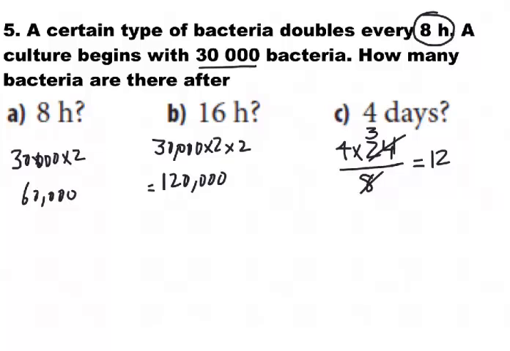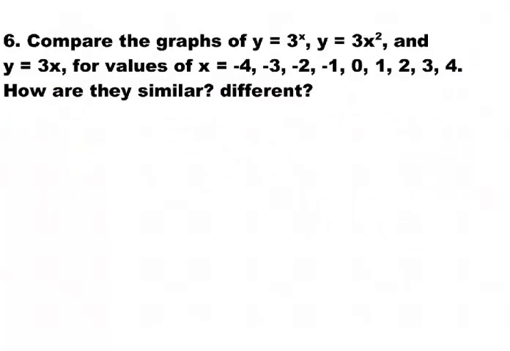Every 8 hours I'm going to double. This means that my population becomes 30,000 times 2 exponent 12. Now, if you evaluate this one, you get a huge number, which is 122,880,000 bacteria. The next question says, compare the graphs of 3 exponent x, 3x squared, and 3x for values of